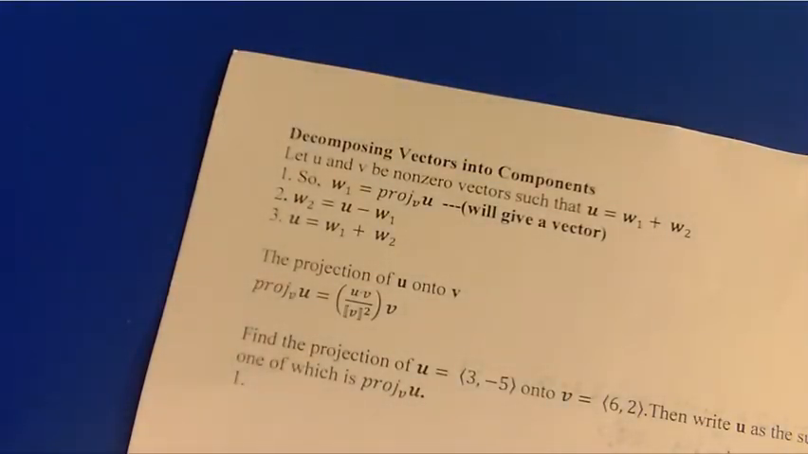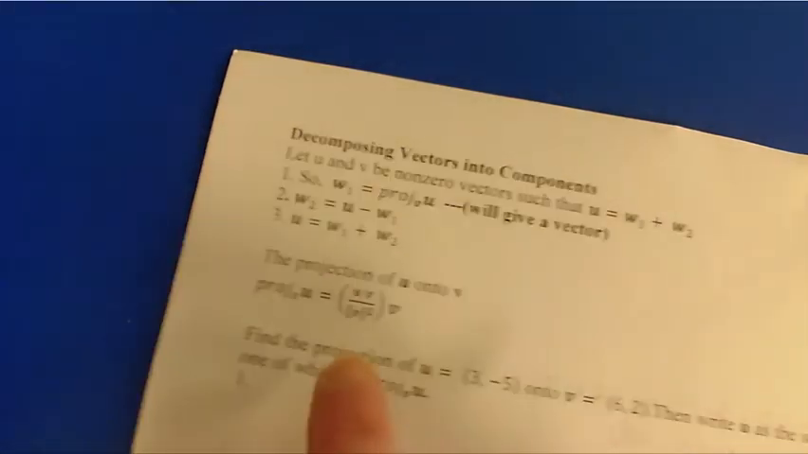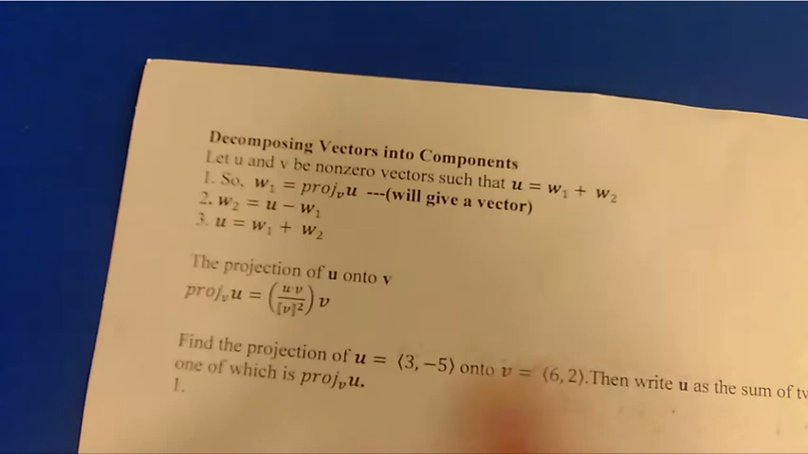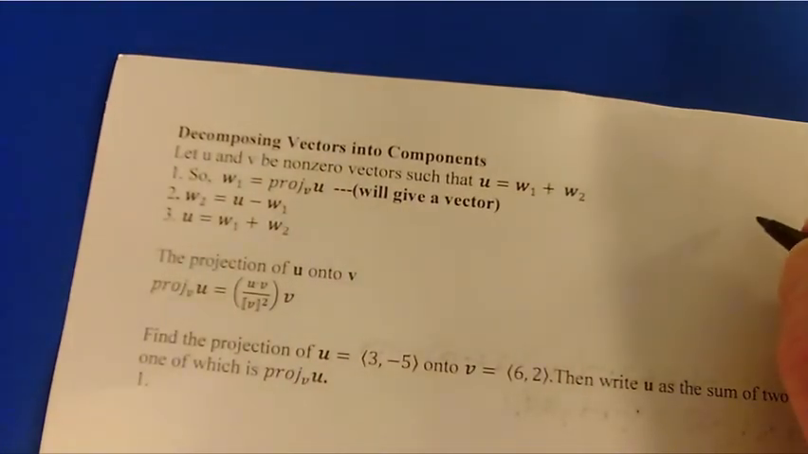Now, what if I wanted to take a vector and decompose it into two perpendicular components? And what I mean by that is, let's say I have the projection of u onto v. What this means is, let's say I have,